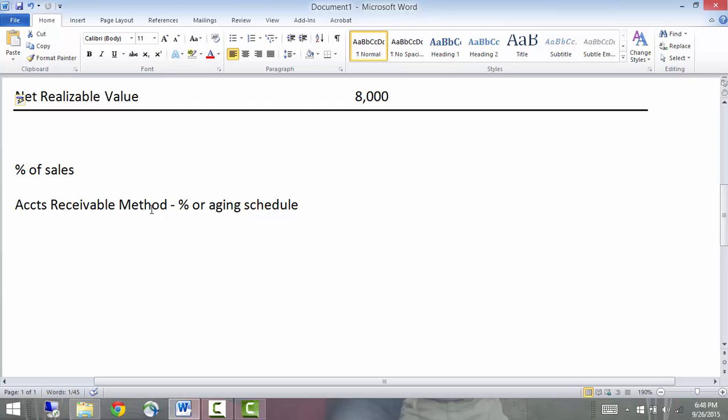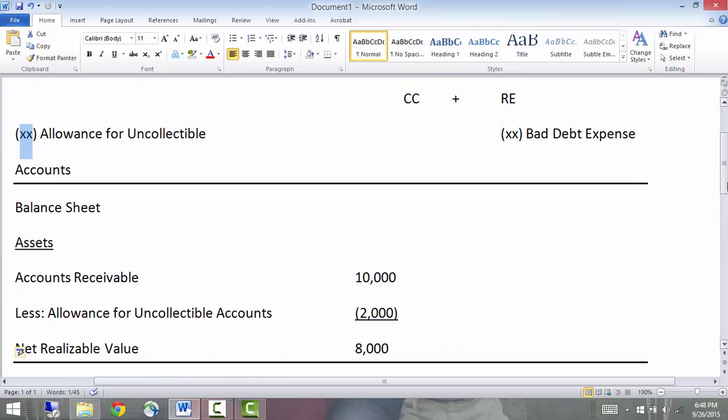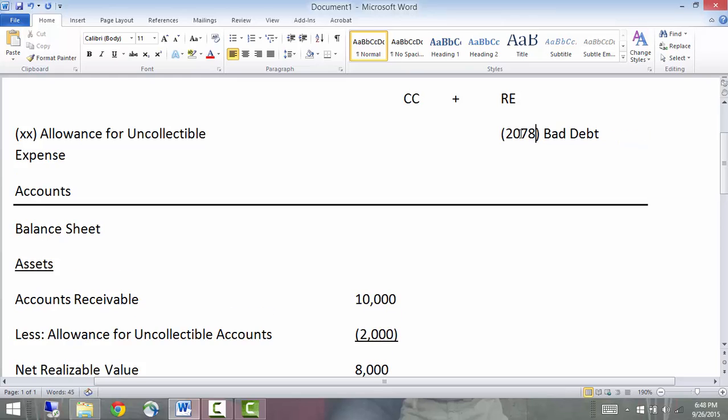So you take 1%, or 3%, or 8%, or 20%, or 50% of those receivables. And that's how they get the bottom line. The bottom row of this graph is your total estimated bad debts. And based on this aging schedule, it's $2,078, which is what management believes will be uncollected. So that was how you would use your aging schedule. And if you were using that method, then you would take that number and plug in here, 2,078.